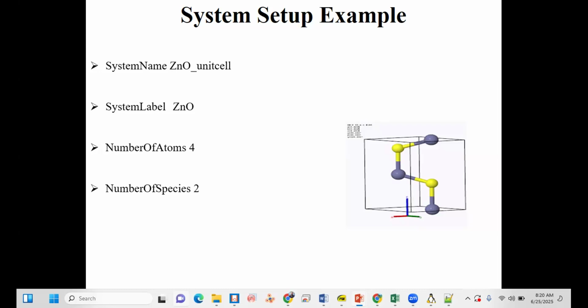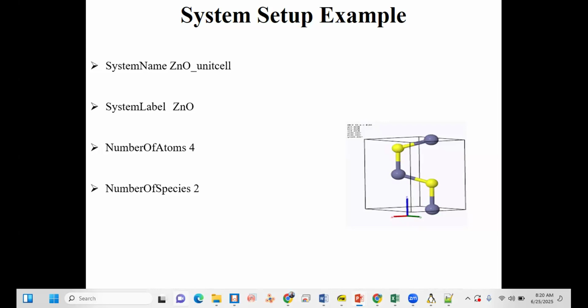So you can write it with a shortcut, like I wrote here, zinc oxide underscore unit cell. So I will remember that this calculation is performed for the unit cell.